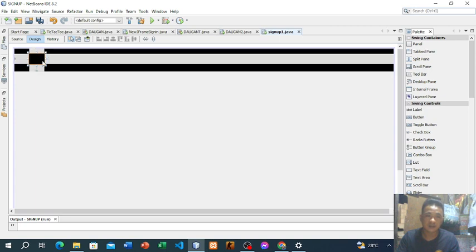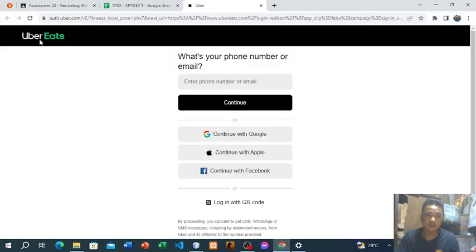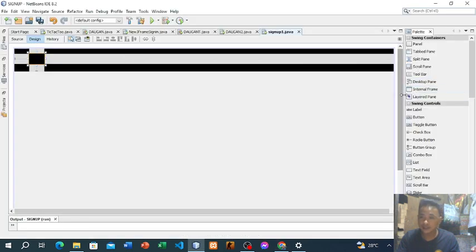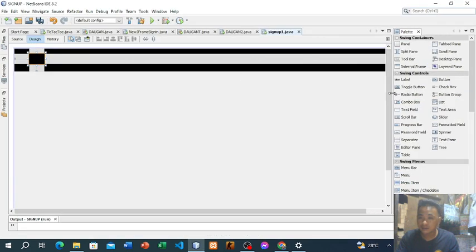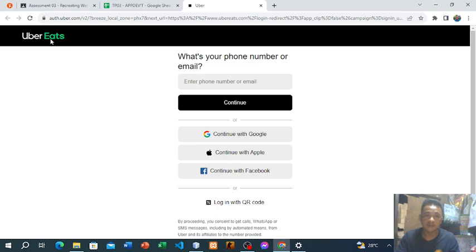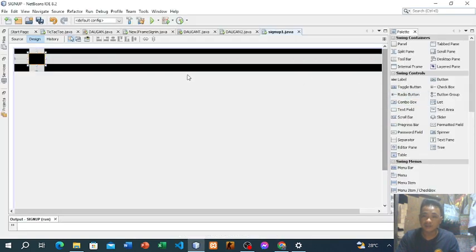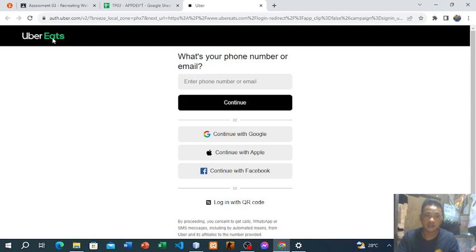So first I'm going to create the word Uber, since for the other label I'll be creating another JLabel because the word needs to be green. I need to change the color.